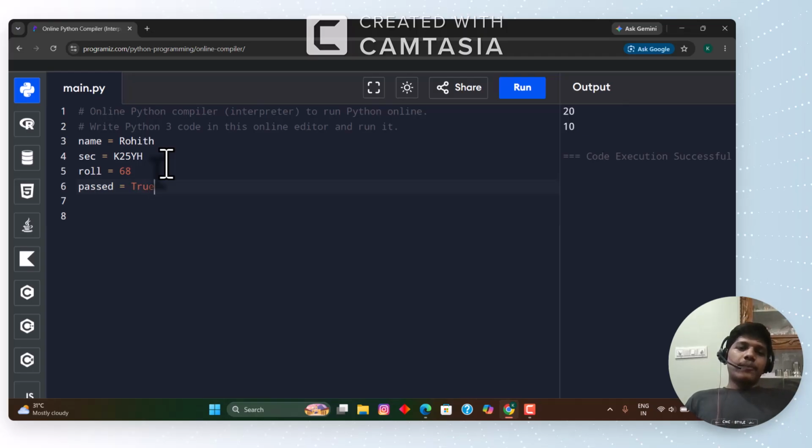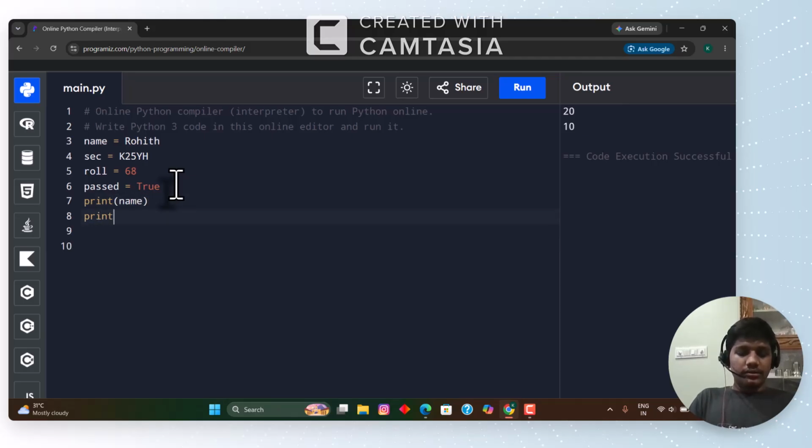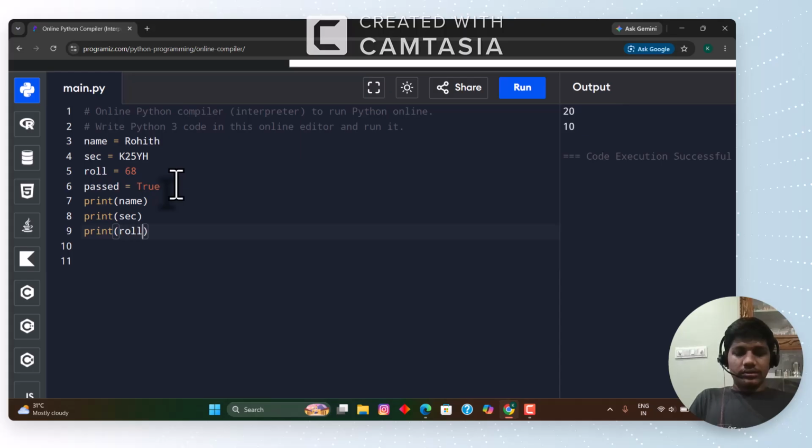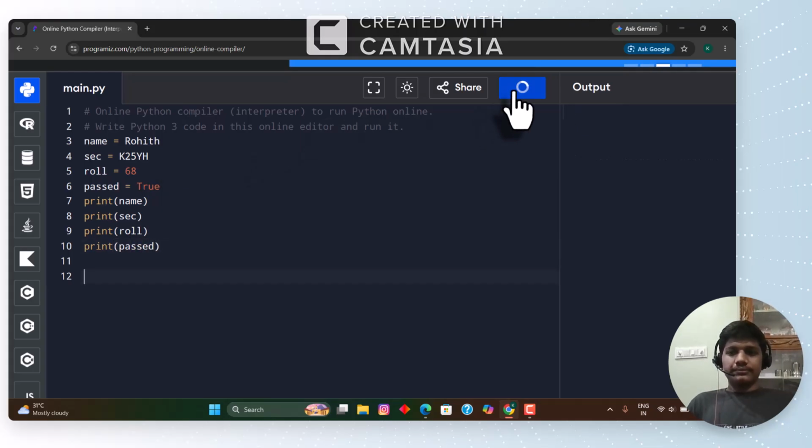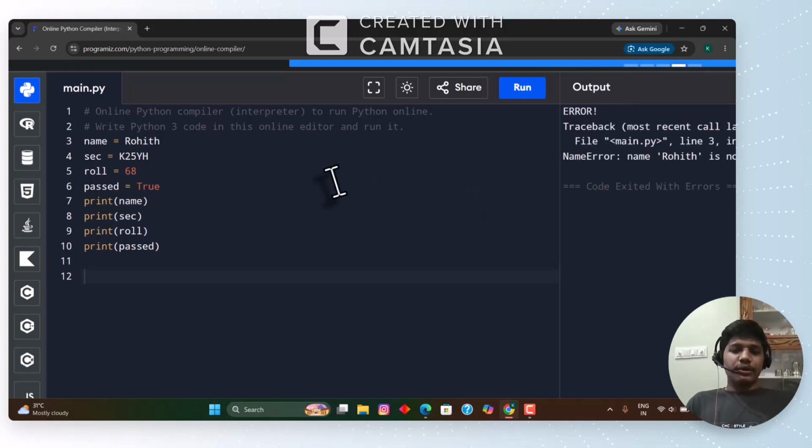So now we will see about this. We will print the name, section, and roll number, and then the last one. You get an error. Why? Because Rohit